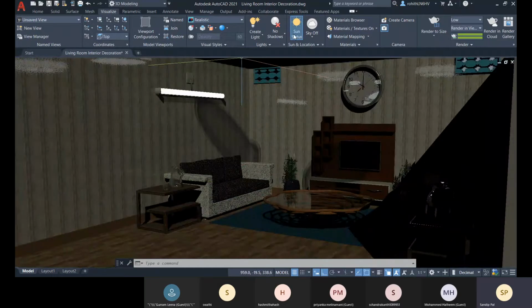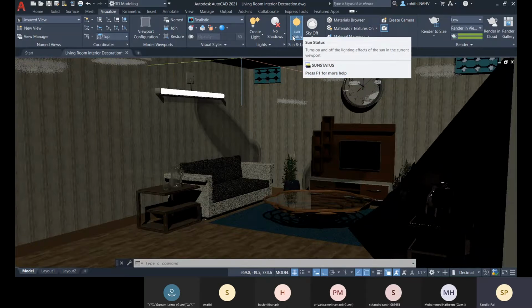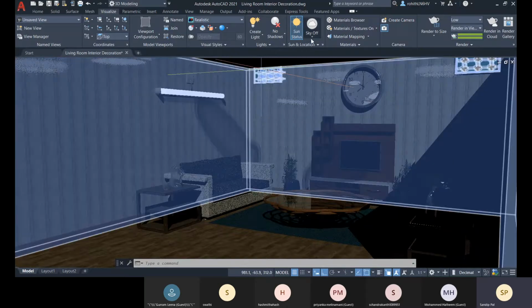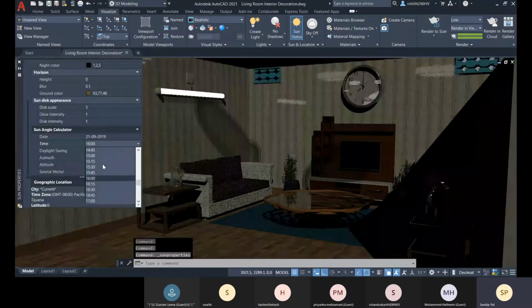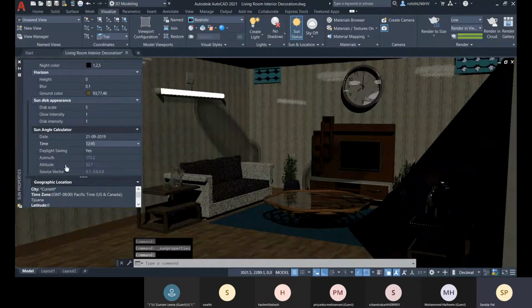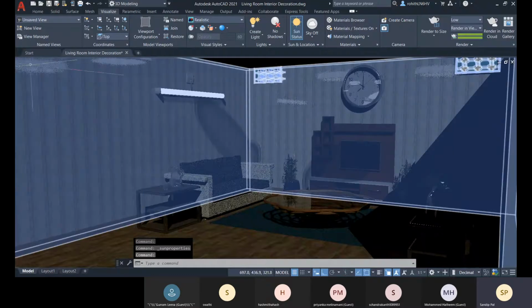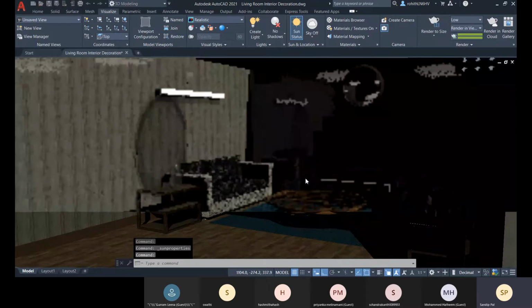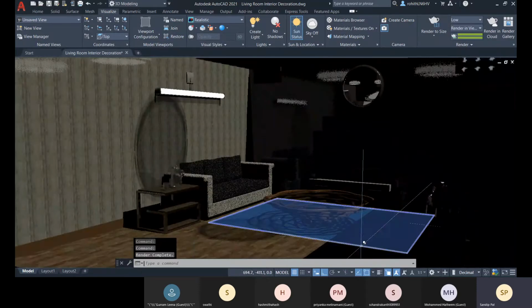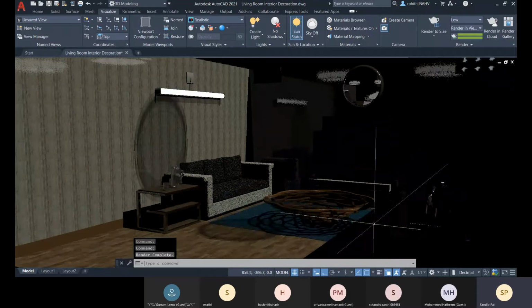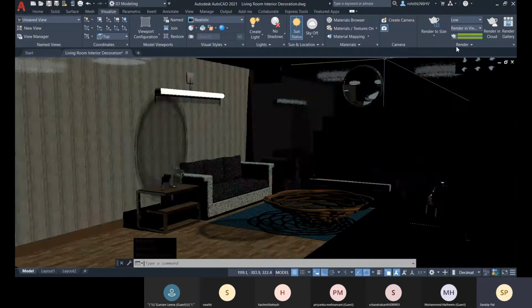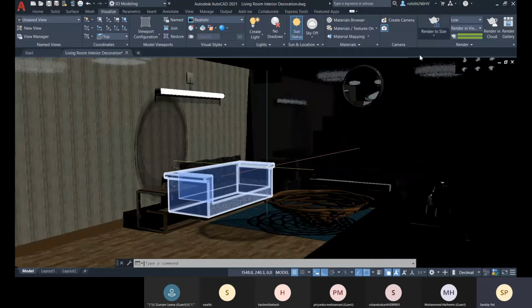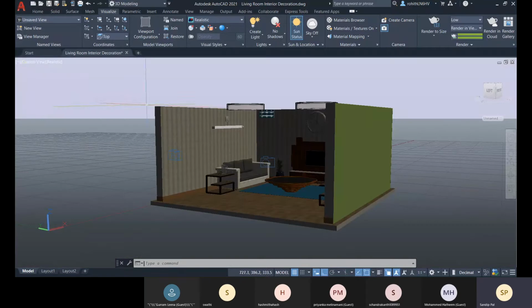Now if you need daylight in your scene, you can add daylight. So let me change the timing again. Suppose now let me go with this change and the final one. Okay, so now we don't want this daylight.